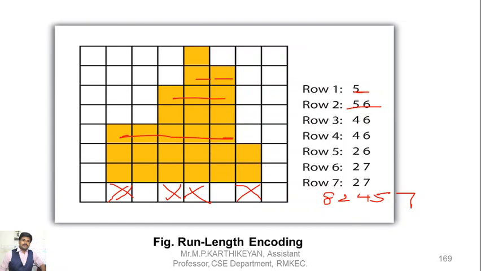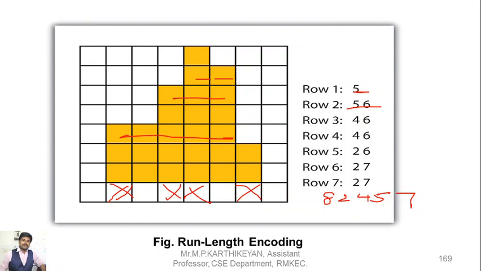Can you understand? Okay. So here they are converting the geographic information system, the spatial data, into a grid format, into a raster format, and that raster format is encoded into a database. Okay. So the first row doesn't have a separate starting and ending point. Both the starting point and ending point are the same, 5 comma 5. So that's why for row 1 they have given the value as 5. For the second row they have given the starting value as 5 and ending value as 6. Similarly, third row 4 comma 6.